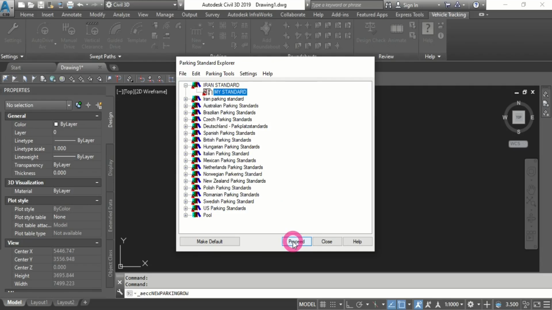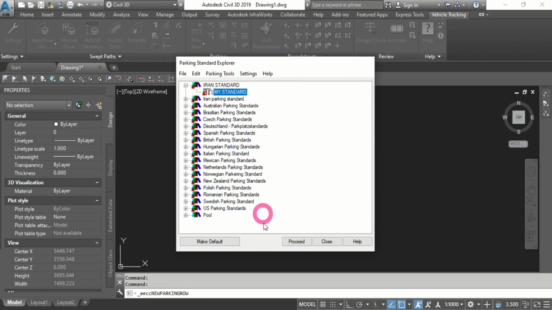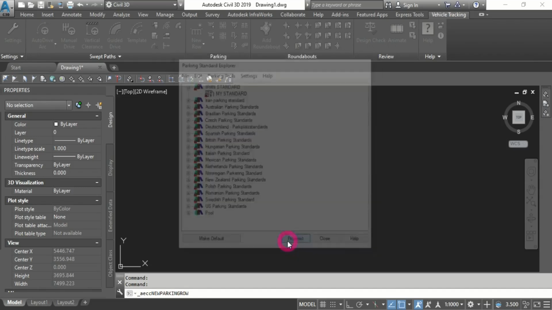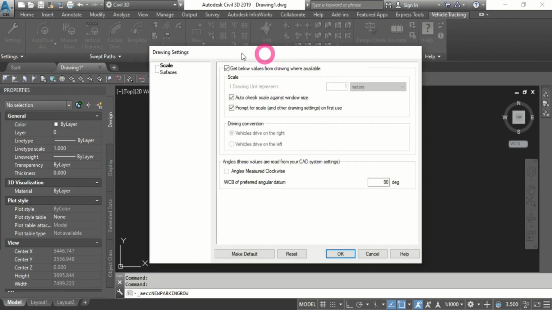just click on proceed. But before we get out of this, if you don't want the software to ask you every time about the standard, every time you draw a new row, you just right click on the standard and set it as default. Alright, we click on proceed here, okay, and in this dialog box you need to make